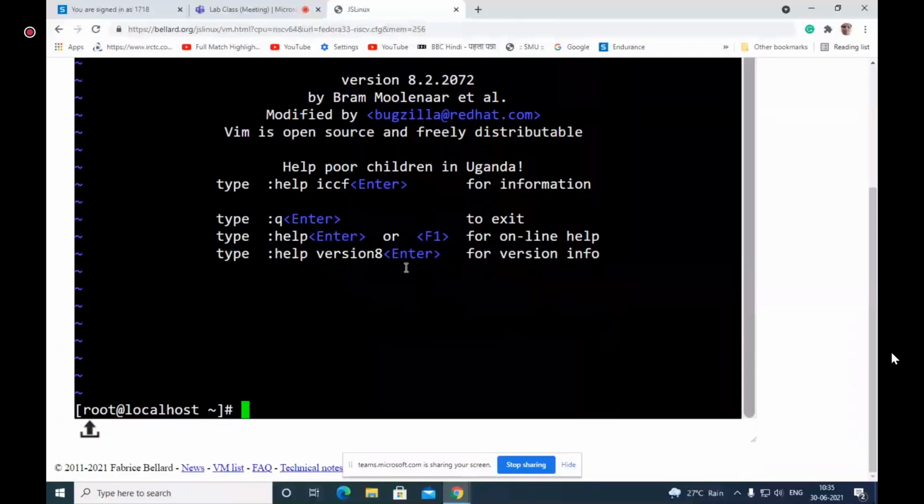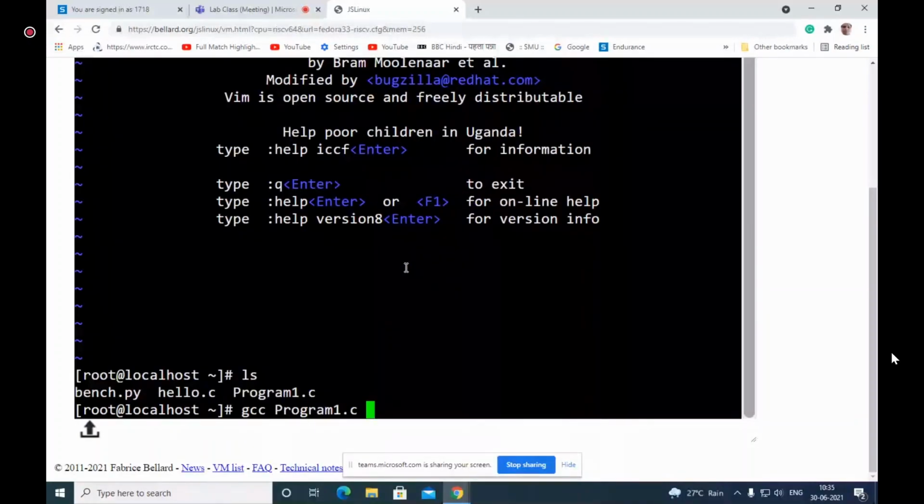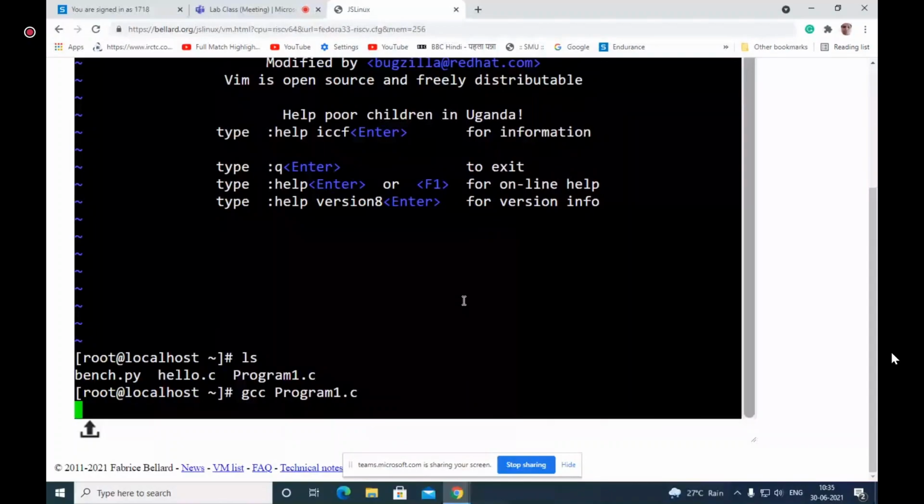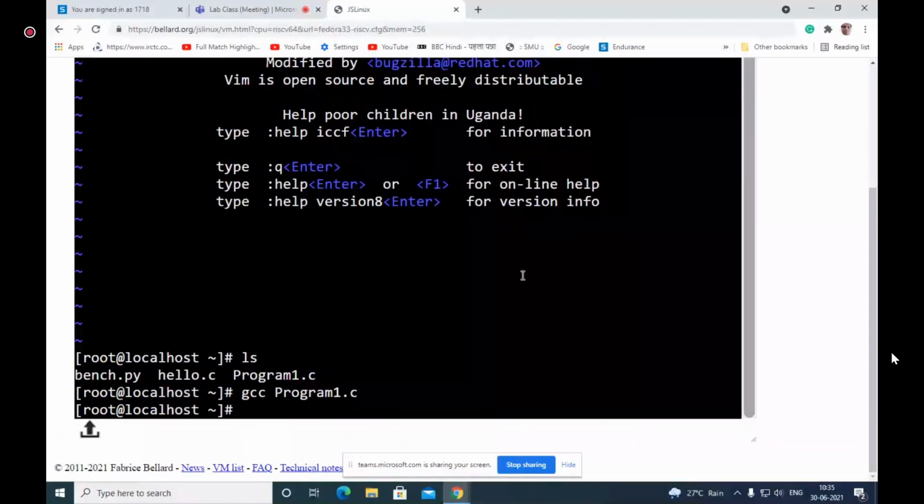The program that I have written is program 1. I'm not going to write the code; I'll just execute it and show you the expected input and output, with the same example that I have taken earlier. For the same example, I am running the code.